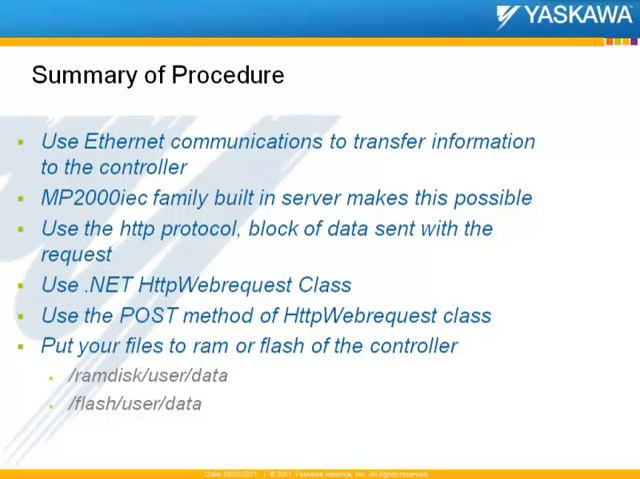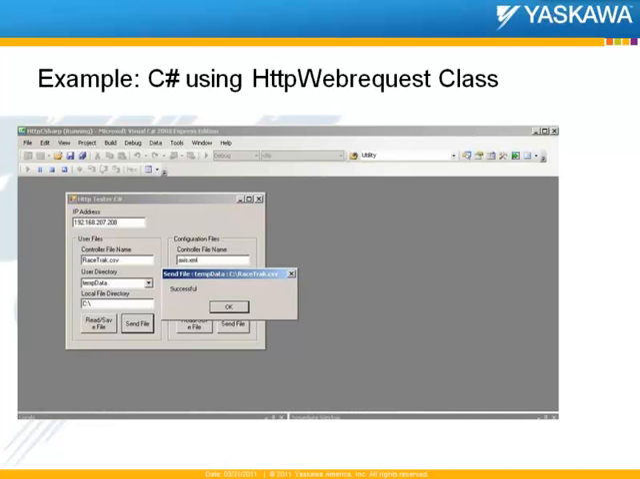One of the simplest ways with the Microsoft .NET Framework is using the HttpWebRequest class and using the POST method of the HttpWebRequest class to transfer the file. The two places you can put the file on the controller are either the flash, by putting it in the flash user data directory, or the RAM disk, which is the RAM of the memory, which will lose that file on power toggle. So one of the methods we've used so far is using some C# code where